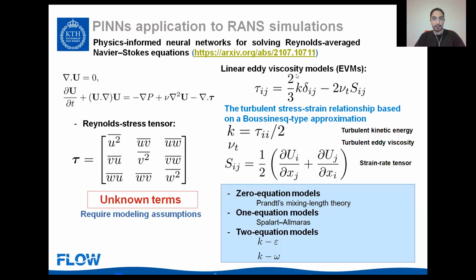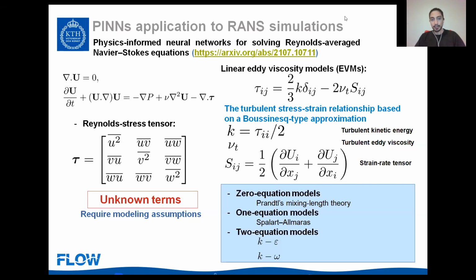So one choice is using linear eddy viscosity models, famous ones, that describe a relationship between stress and strain rate. So this is the famous Boussinesq assumption. And we can introduce the turbulent kinetic energy, turbulent eddy viscosity, and also this strain rate that is described by the mean flow quantities,